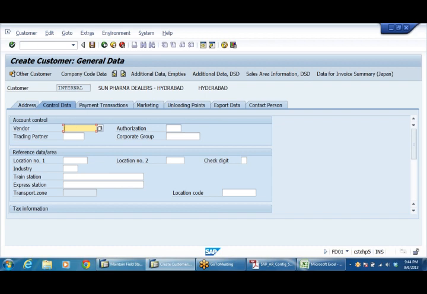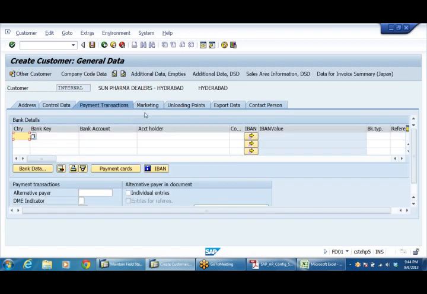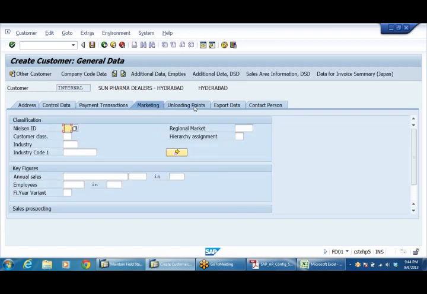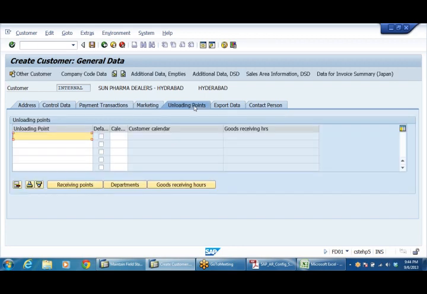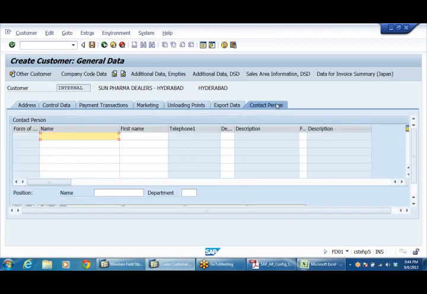If the vendor is also a customer, we can use this. Trading partner, industry, payment transactions, marketing, unloading points, where I'm going to unload the material if we sell to this party, export data, who is the contact person, all these details are going to be entered by the sales and distribution consultant.